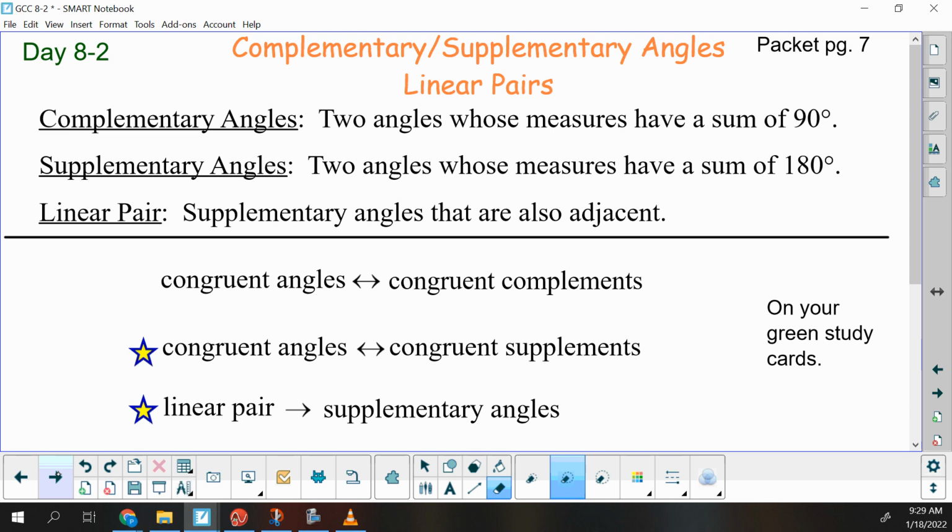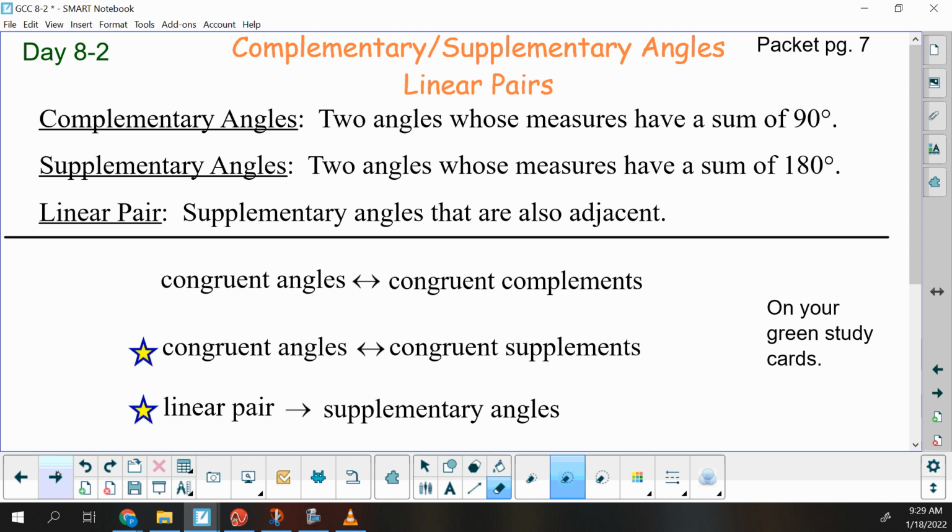All right, today, our new thing we're going to add on, it's on our green study cards as well, so you can fold the two starred ones back. We're going to look at proofs that have supplementary angles and linear pairs. You could have complementary angle ones as well. Those don't tend to show up as much, so we're going to just focus on the supplementary and the linear